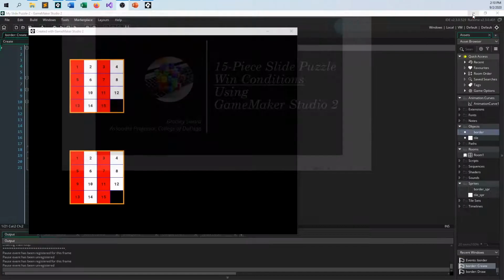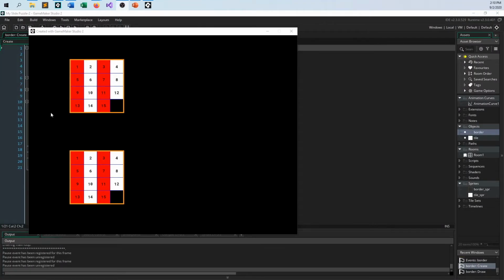So what am I talking about? I'm talking about something like this. Here is my 15-piece slide puzzle. I can click and move things up, down, left, and right just to prove it. And the whole point of this hopefully short lecture would be, well, what happens if I spend a little time